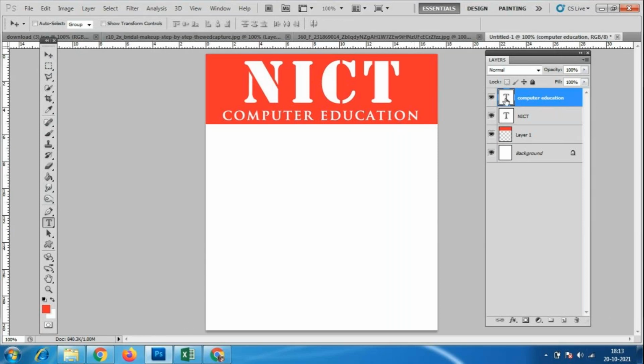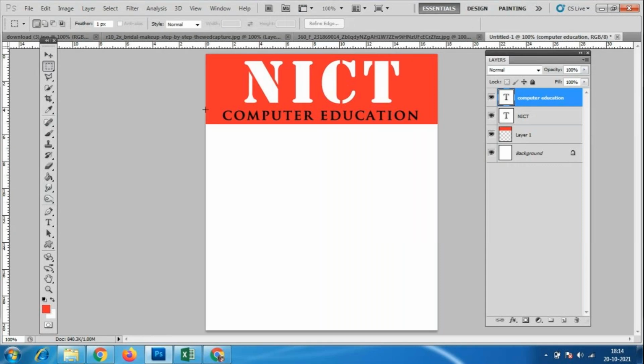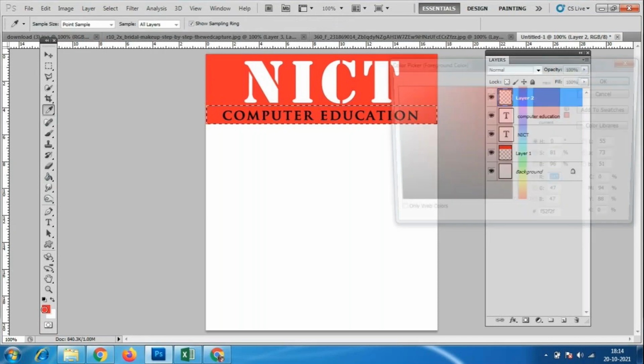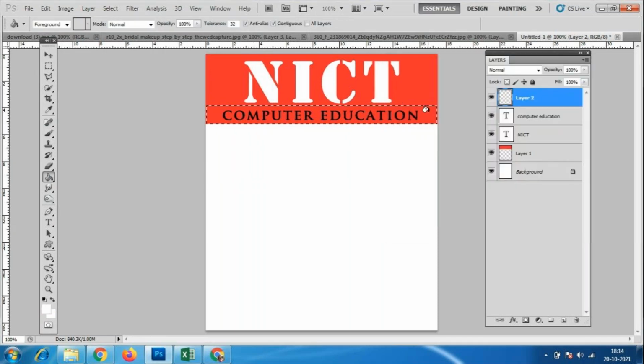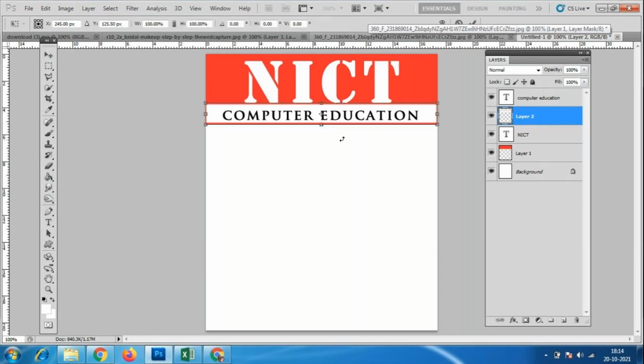So what I'll do, I'll make it a different color, and I'll make it with a white background. Only this much, I'll take a small box and go to the new layer, and in the paint bucket tool, I'll make a white color. So however much area I have selected, that is filled with the white color. Okay, so like this. Any changes you want to do with the box, you can do like this. I have to reduce the size of the box again.